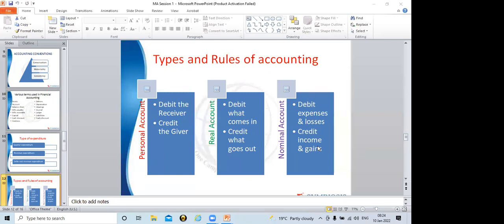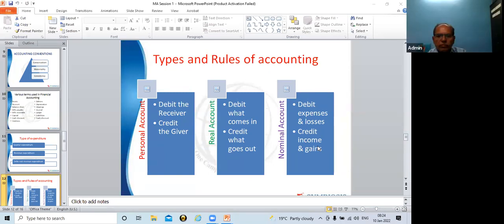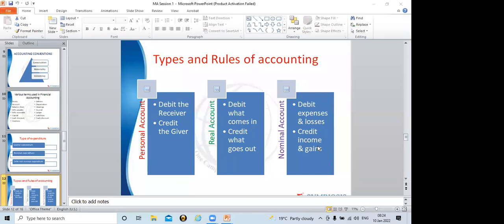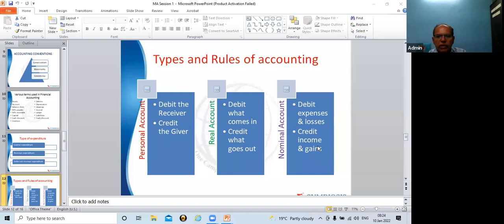Direct income is the income which we receive from the sales of either services or goods. Your company might be manufacturing goods or providing services. So whatever revenue we receive by way of sale of service or sale of goods, that is our direct income, because that is our regular operation.